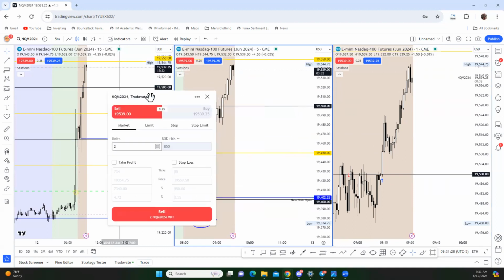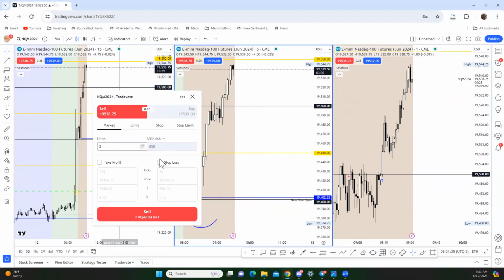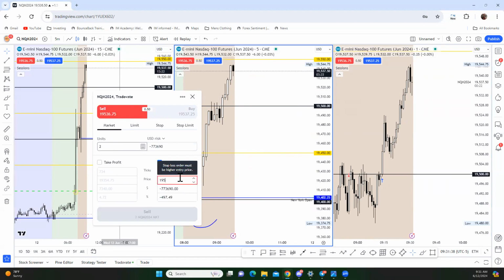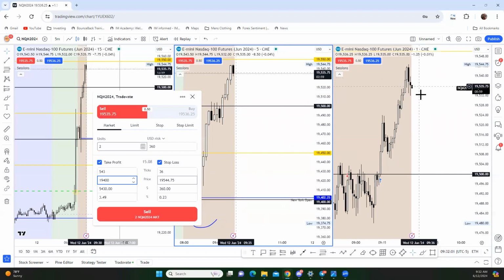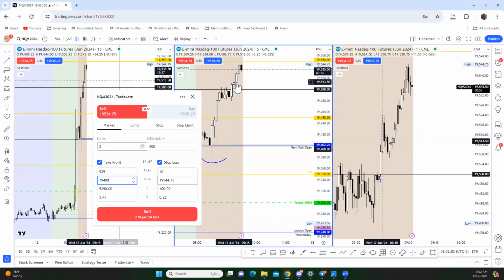Let's see here. Stop loss is going to be 544.75. And then we're looking for like 400. We're not even looking for 300 anymore. We're looking for, wow, really 450 would be good. Do 400 here. Now, looking at this area, I don't want to get caught in that area where it's going to do that same thing it did before. So I'd like to see some 5 minute weakness as well.